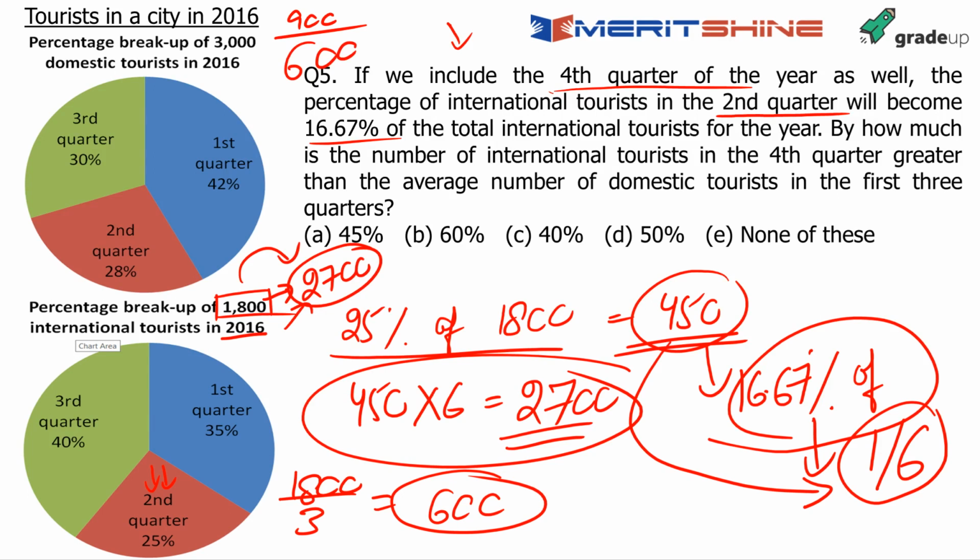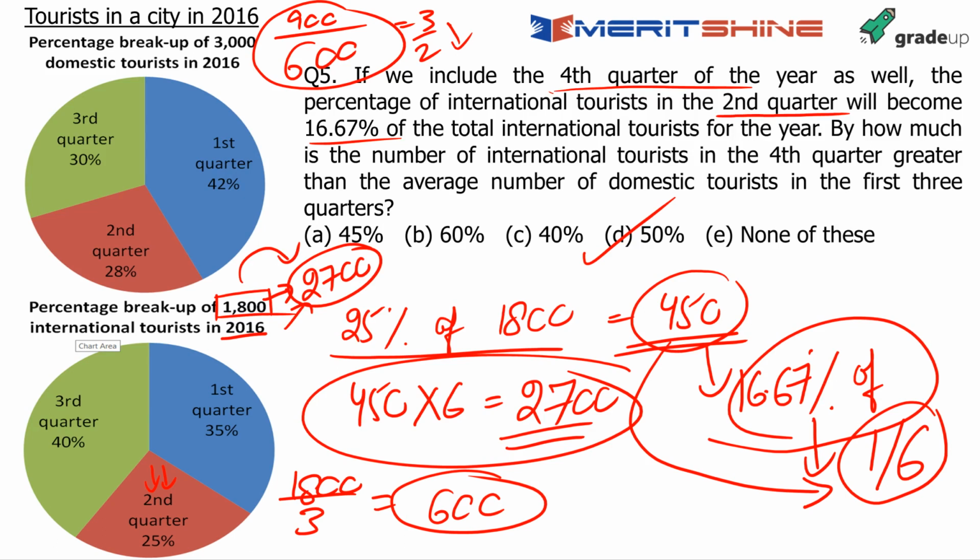So what you need to calculate is by how much 900 is greater than 600. 900 upon 600 is what? Again the same approach. 3 by 2. 3 by 2 means what? It's 1 unit over 2 units. 1 unit over 2 units would be option D, which is 50%. You get this right yet again. There is absolutely no confusion. There should not be any confusion, at least in this set.